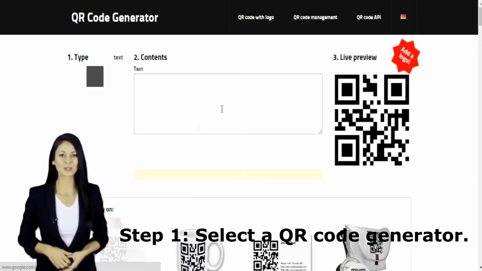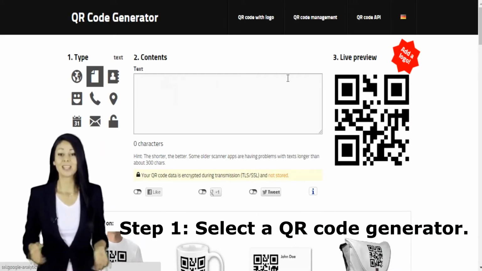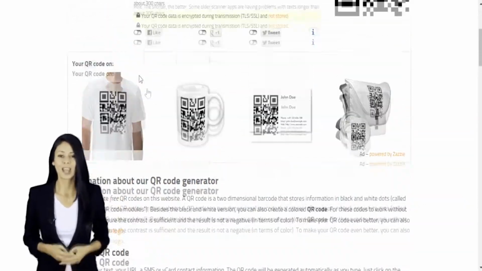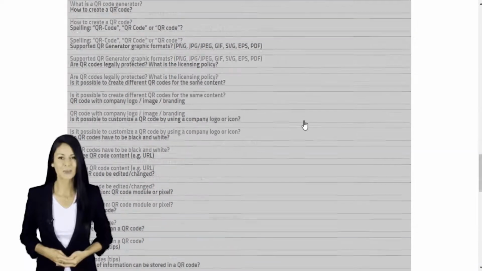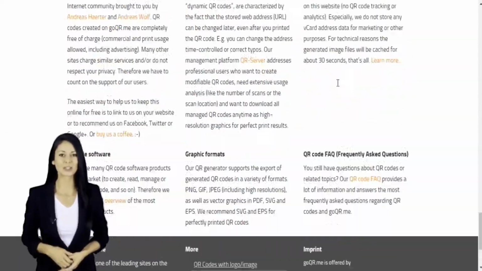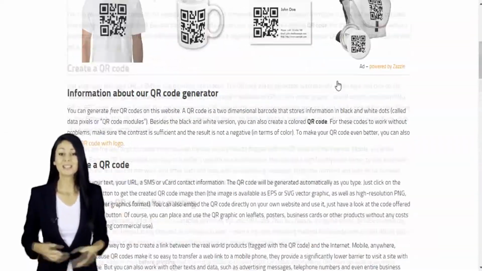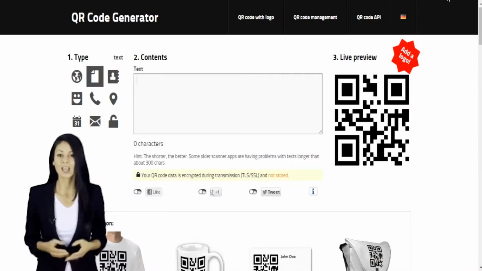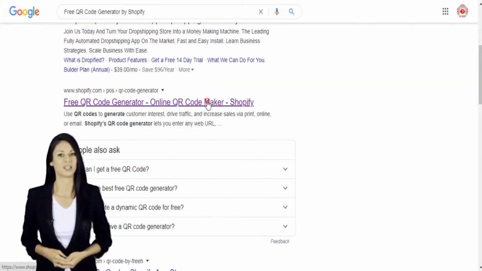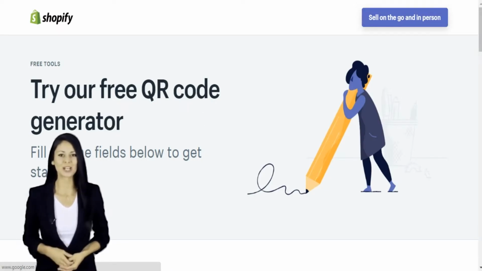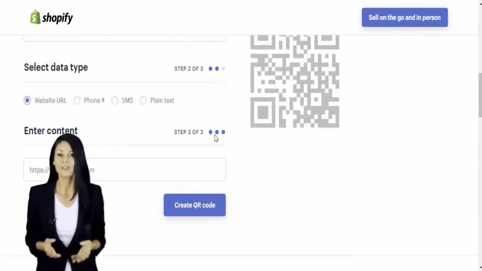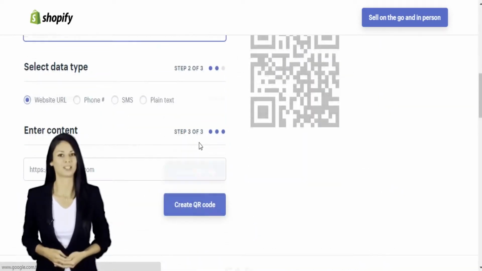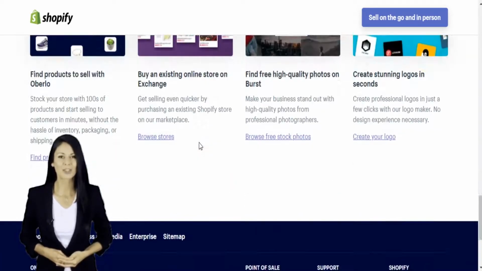Step 1. Select a QR code generator. There are tons of QR code generators out there. The best ones give you many options for using your QR code and compatibility with most mobile QR code reader apps. Other things to look for when choosing a QR code generator are whether you can track and analyze performance, and if it allows you to design a code that's unique to your brand. Some QR codes, for example, display logos and other icons within the code that immediately tell people what information they